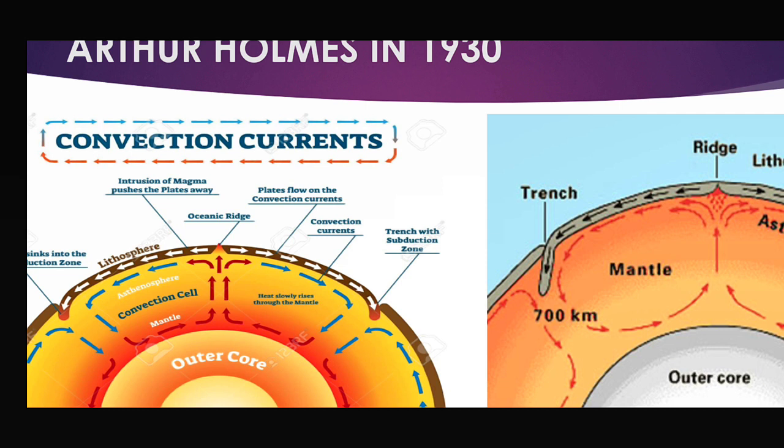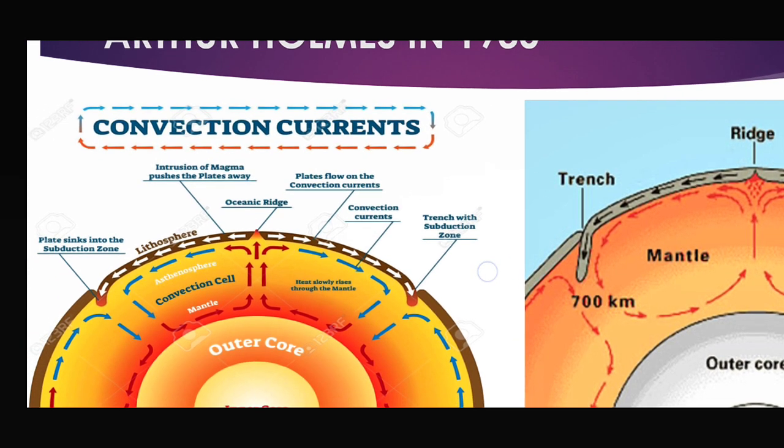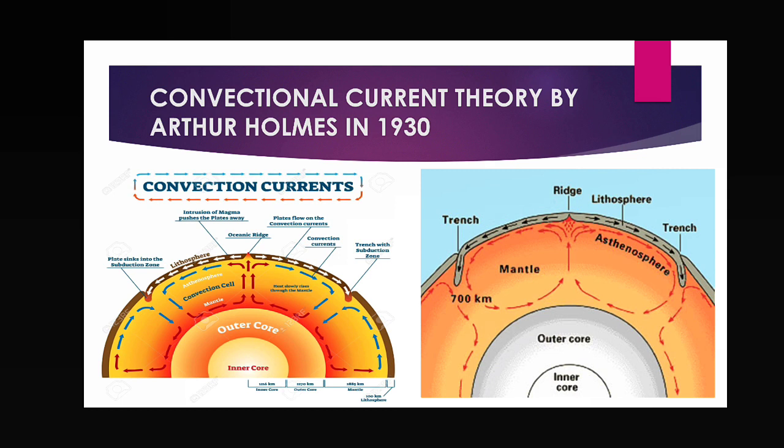And this current is moving like a cell, in a circular way, that's why it is called a convectional cell. Due to the movement of this convectional current or liquid magma in different directions, take a look, some white arrow signs are given in the lithosphere, and that's why the lithosphere or the plates are also moving according to the direction of movement of the magma in the asthenosphere. So that is the cause of which thing? The plate movement.